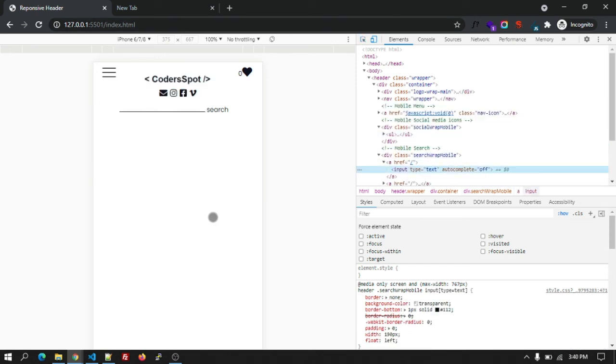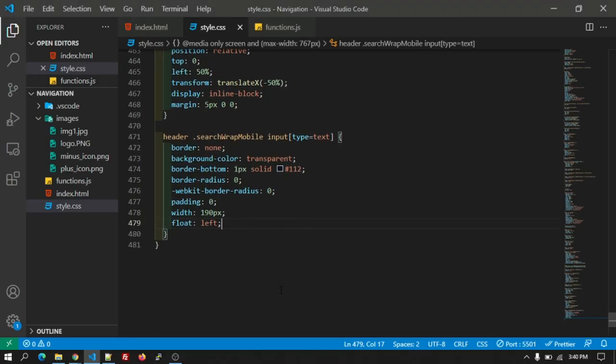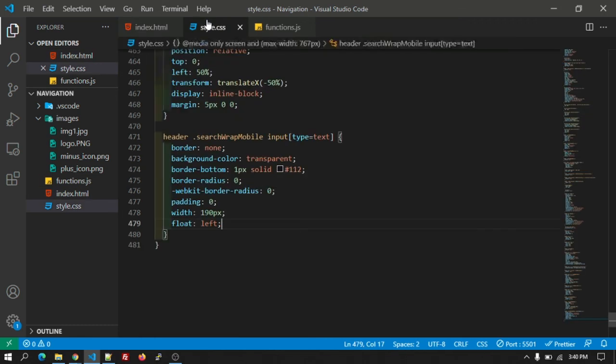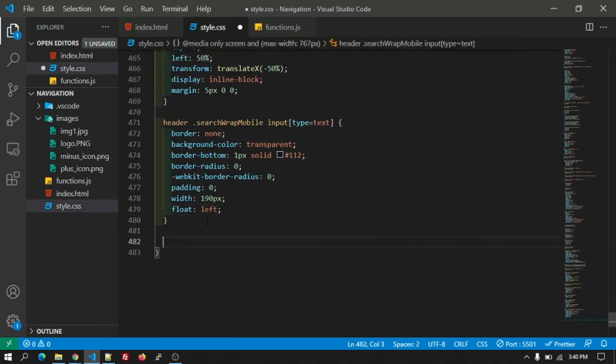After adding the CSS, this is how it is looking, and after that, let's add the CSS for the last element, which is the abbr tag. Let's copy that and paste it over here. So let's give the CSS for that as well.